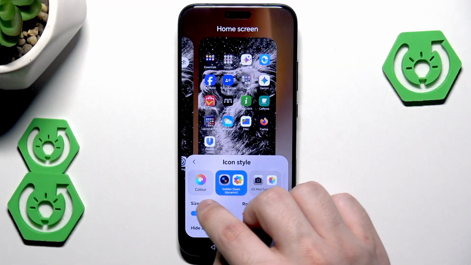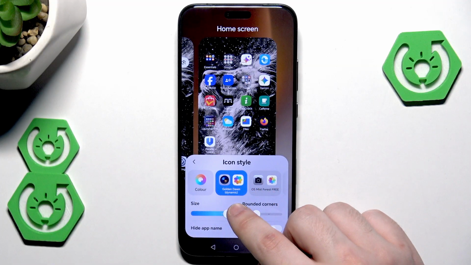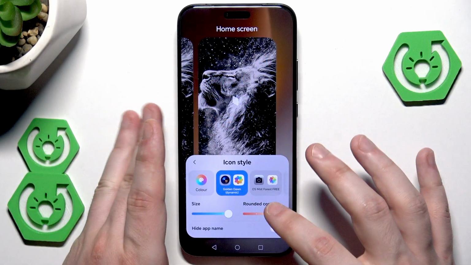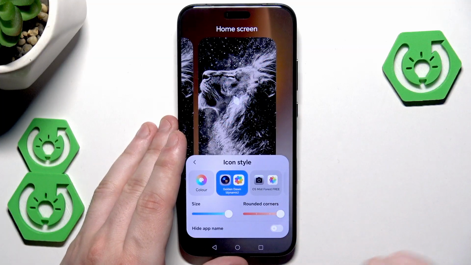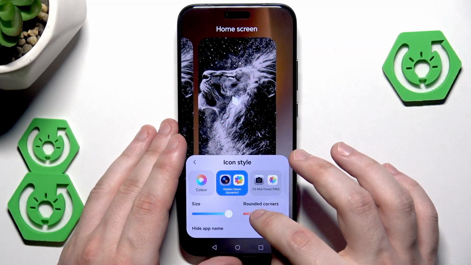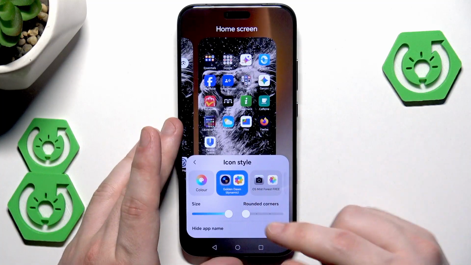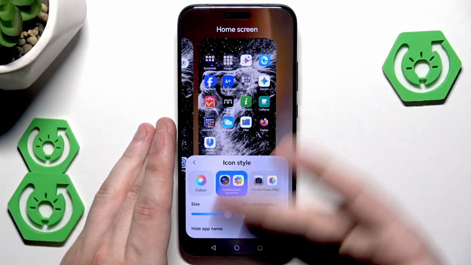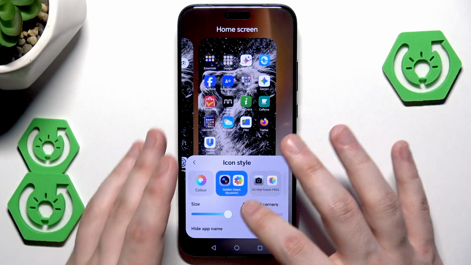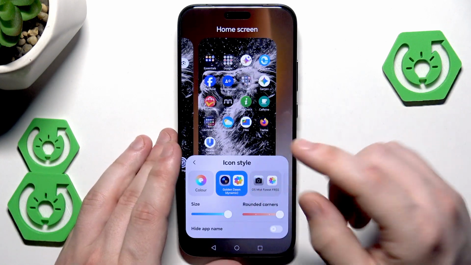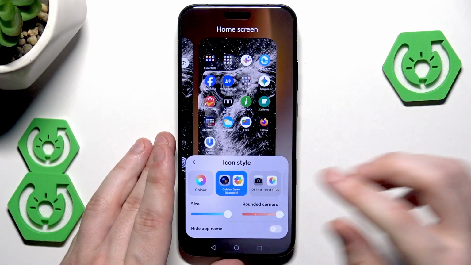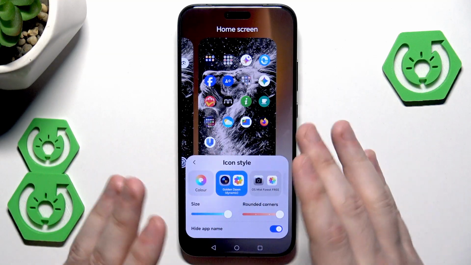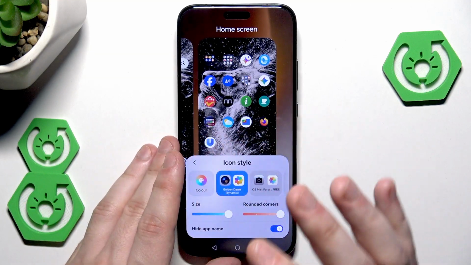You can change the size of the icons. We have that bar, so we can also change it, and we can add the rounded corners, or if you go to the left side, our icons will have the normal corners, simple squares. So you can adjust that. For now, let's select maybe the rounded corners. And if you want, you can also hide the app names. Thanks to that, as you take a look, it looks pretty cool. Pretty nice,